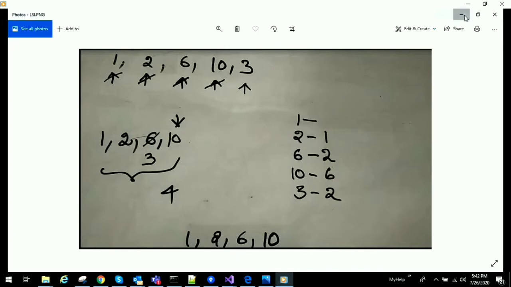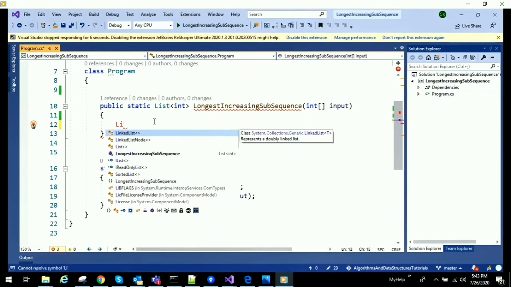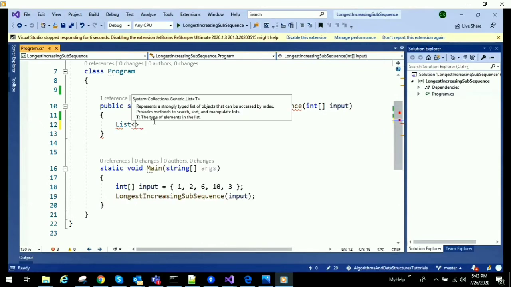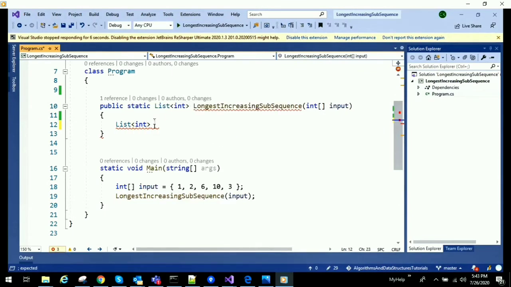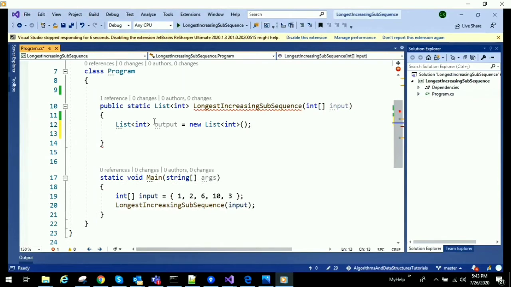So let's define that. Instead of defining an array, I am taking a list just for simplicity. A list is a dynamic array, you can define an array also. And now we will define a dictionary. Integer is the key and integer is the value.